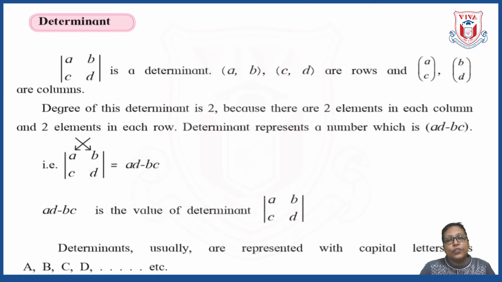When we want to solve this determinant, or find the value of the determinant, you have to go for cross multiplication. You can see that A is multiplied with D, diagonally multiplied, AD minus BC. Always write it in the same way. If you write BC minus AD, it is wrong. You can see the arrows there, how the cross multiplication is done: A into D minus B into C.